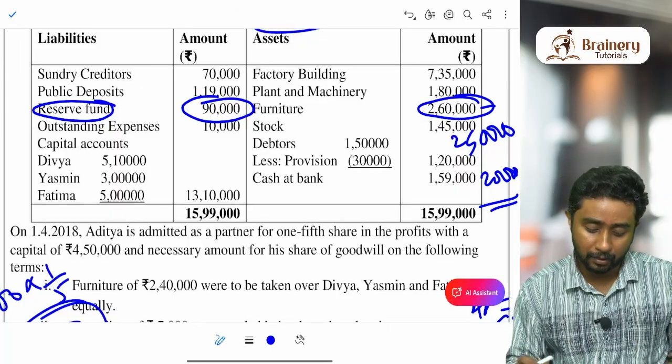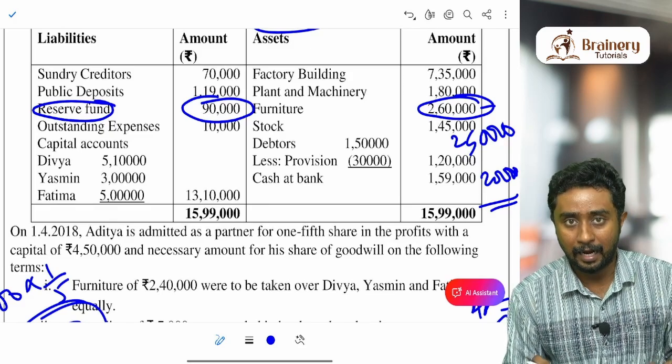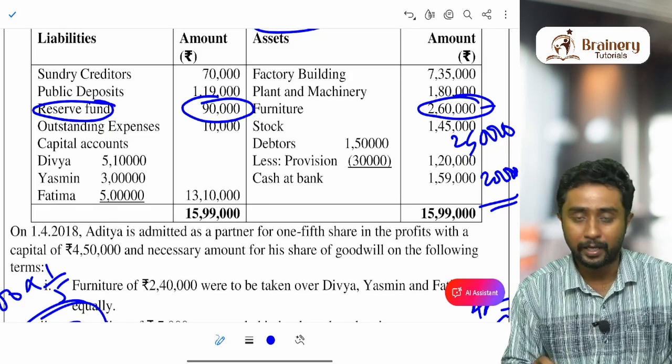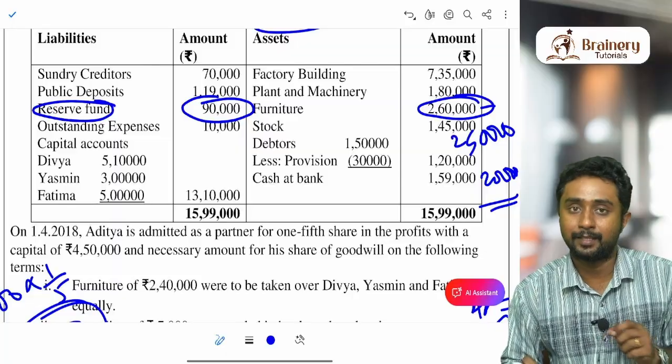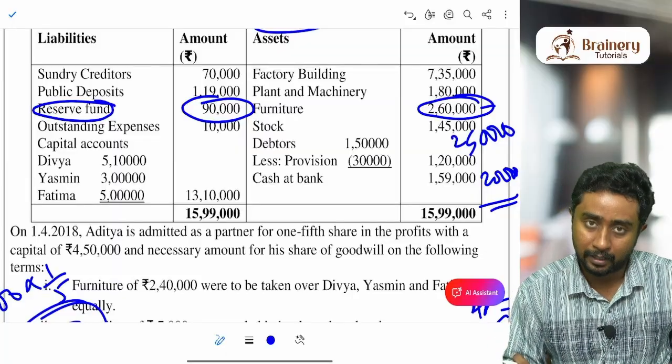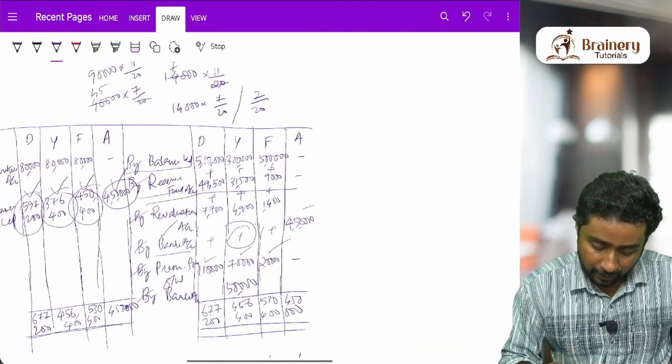Okay, why we are not recording it? Most of you must have had that doubt till now, why I didn't mention about reserve. This is the reason why I didn't mention. It is already recorded there. Okay, then